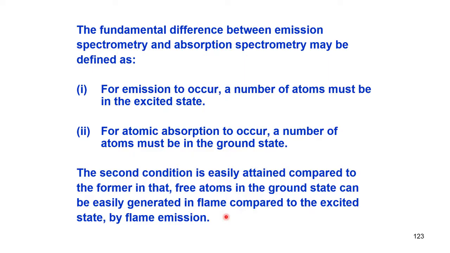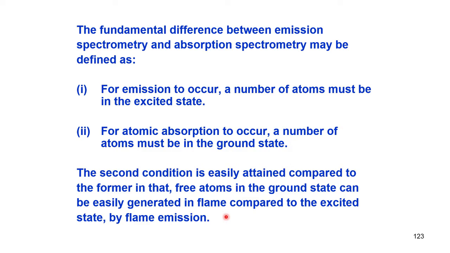If I have a lot of atoms at the excited state, just like in the sun's atmosphere, the solar atmosphere, then the emission can occur when those atoms at higher energy level come down to the ground level. For that, a number of atoms must be in the excited state, then only you can see some amount of darkness, is it not? Whenever they emit, a certain amount of energy is lost and that energy is available, and